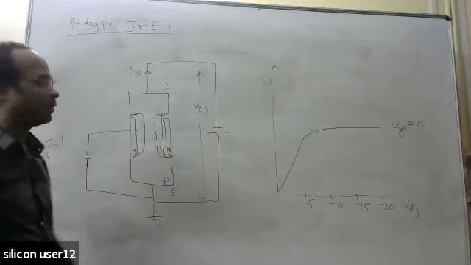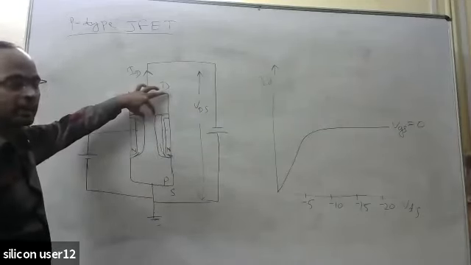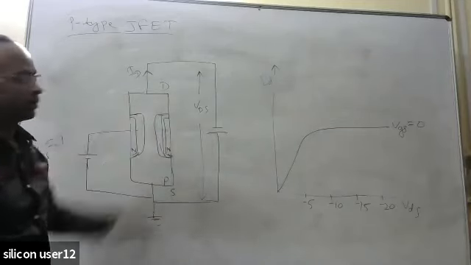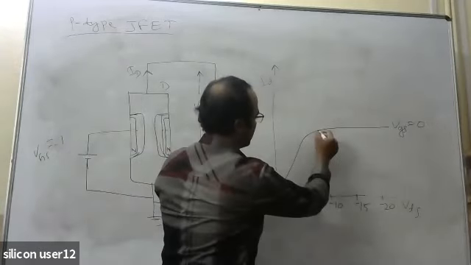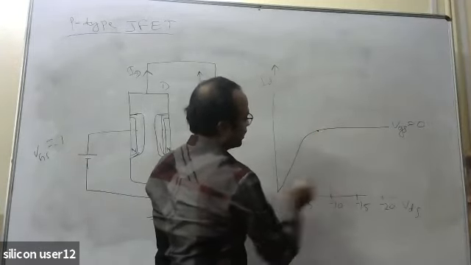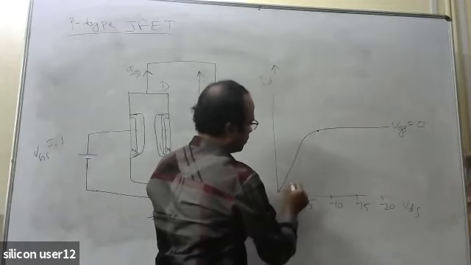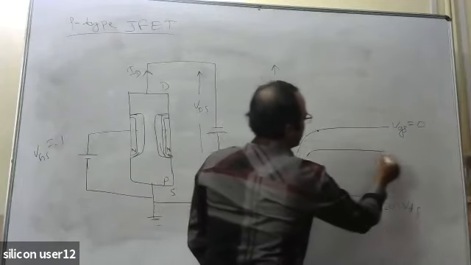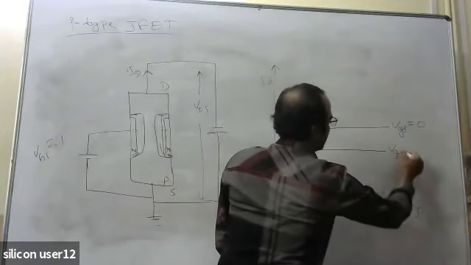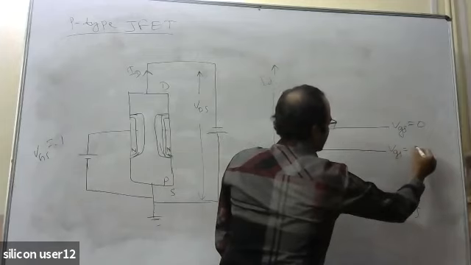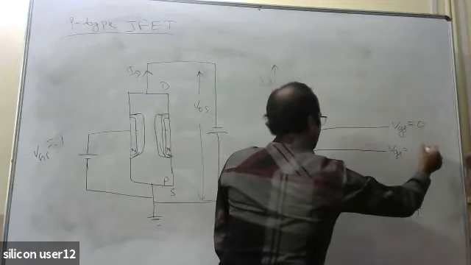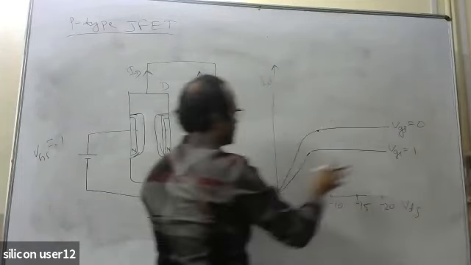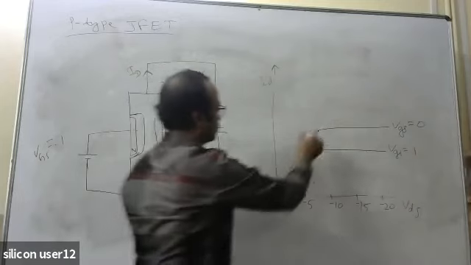Okay, so now if initially it has already been thickened, then with a lesser VDS value also the depletion regions will be touching each other. Let us say for the first case, VGS equal to 0, it was going up to, let's say, -10. Now it will go up to, let us say, -8, and here it will saturate for VGS equal to, let us say, 1. It has not been drawn as per the scale actually.